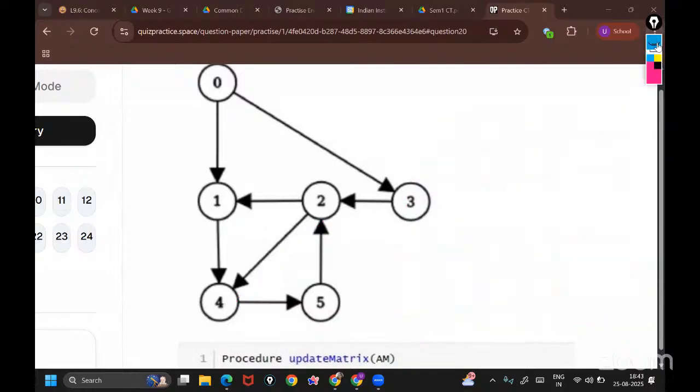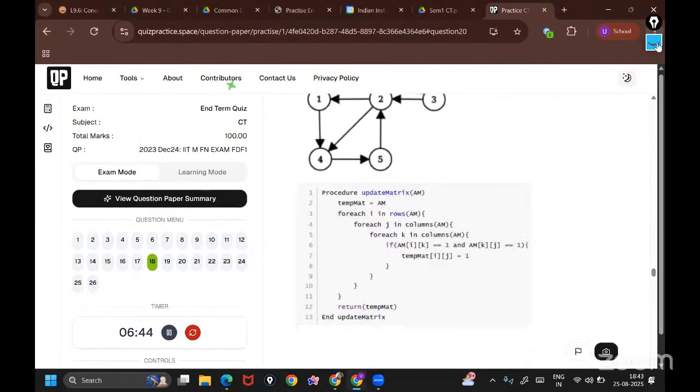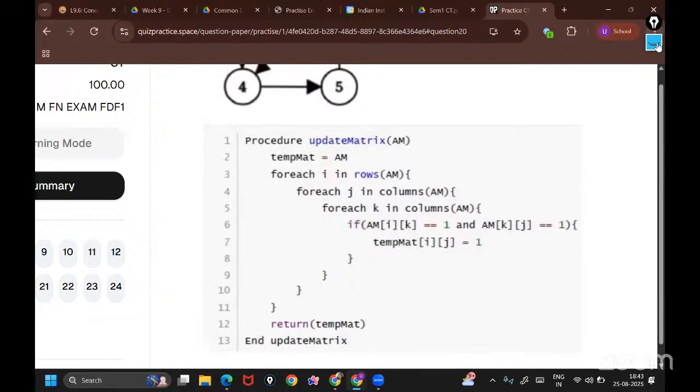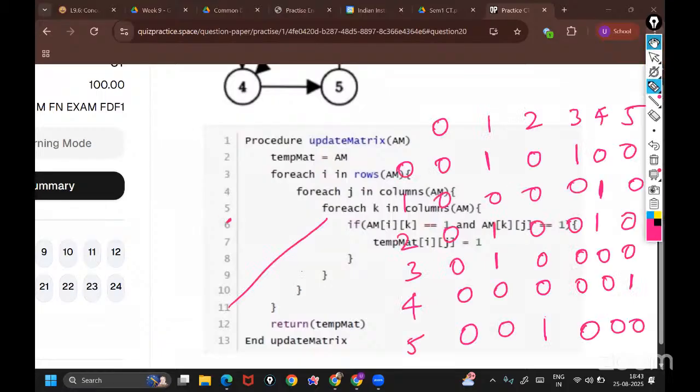Ma'am, according to this matrix, we check that question. Yes. So now we have the matrix. So what we have to do is we have to take that temporary matrix. So here I'm taking the 0th row, and again I'm taking the 0th column. That is, now i is 0, j is also equal to 0. Whether that is equal to 1,